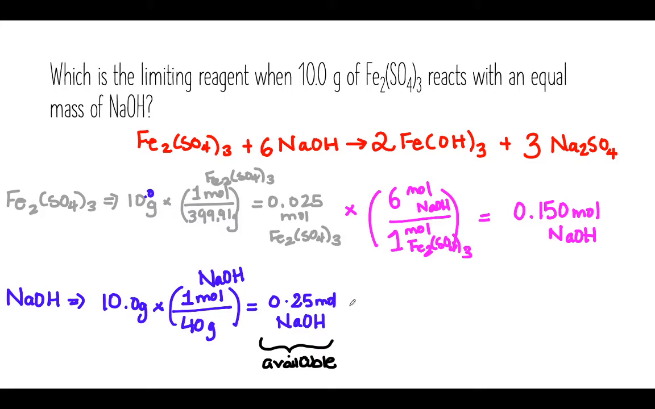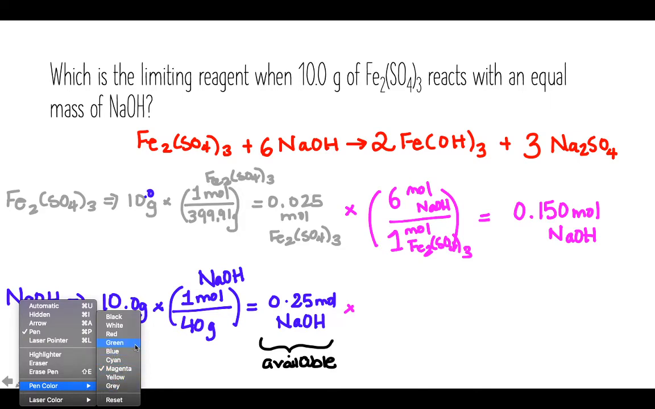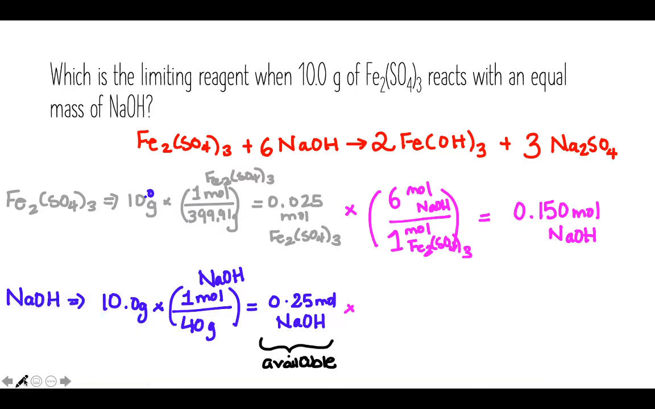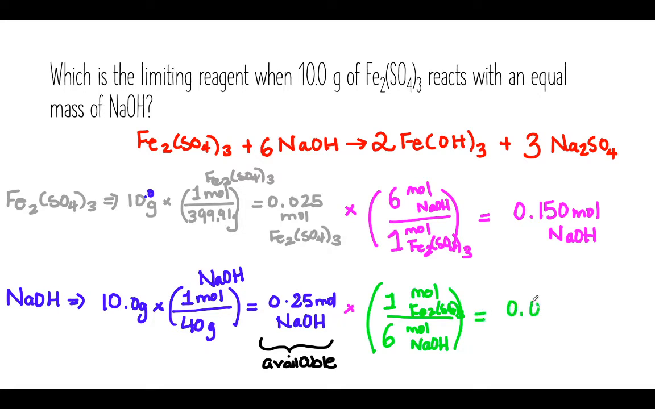I'm going to do the same thing here. Maybe I'll use a different color. I'm going to use the mole ratio this time solving for the moles of Fe2SO4. So using the mole ratio, but in the opposite way. Let's use green. So moles of NaOH go at the bottom, and moles of Fe2SO4 go at the top. So for every 6 moles of NaOH, there is 1 mole of Fe2SO4, which then produces 0.0416 moles of